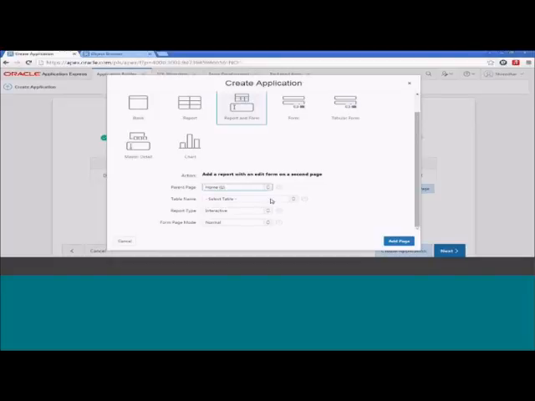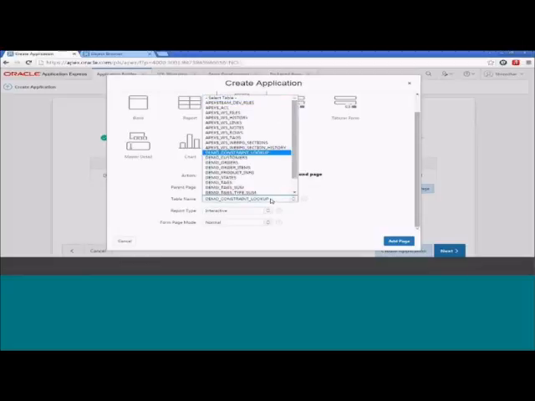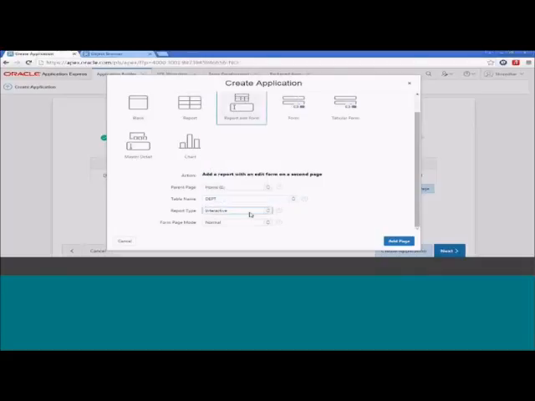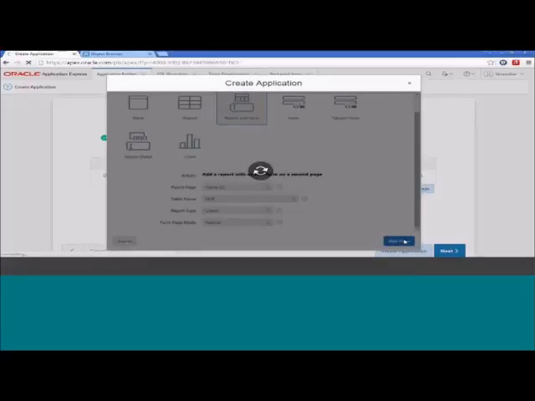So you can see that it is pretty much a declarative style of coding, where you're using the wizard functionality for creation of forms or reports, and by just choosing the table name or the view name,